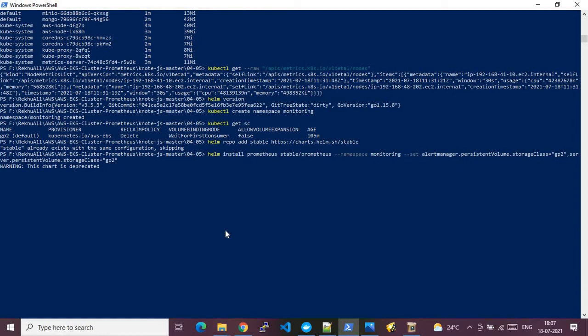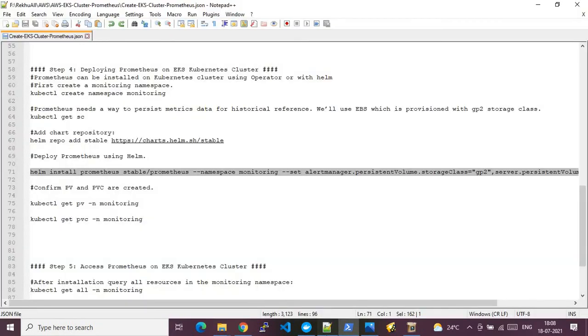So once the Prometheus service is installed in the EKS cluster, I will show you two steps: how we can use the Prometheus service to gather the monitoring data, and how we can access the Prometheus web interface, nothing but the UI, from our system by using the port routing method. Okay, so now let's wait for some more time. So currently it is getting installed.